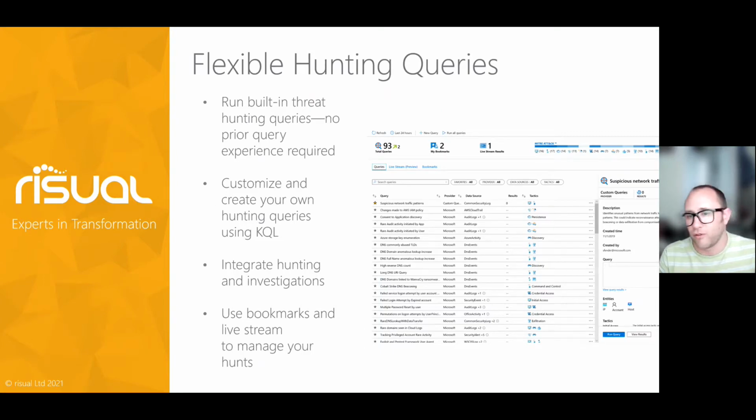Hunting queries go a step further as well. So these allow you to, for example, if you've got an incident happening right now and you're not entirely sure what's happening, you can use some of the pre-built hunting queries to actually determine what's happening within your environment at that time. And there's some examples there, the top one being suspicious network traffic patterns. So if something is happening out of the ordinary at the moment in your environment and you're not sure where, you could run that query and it would highlight anything that doesn't look quite right for you within the environment from a network traffic perspective at that time. So it's live data, it's happening right now, and it will help you delve into that in a little bit